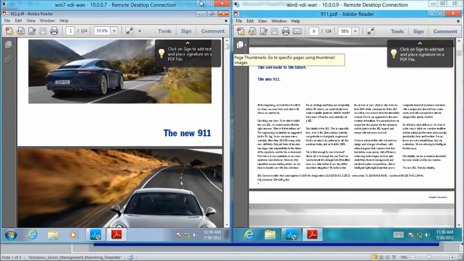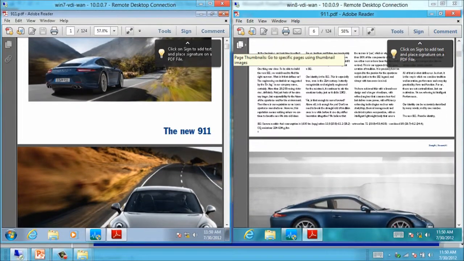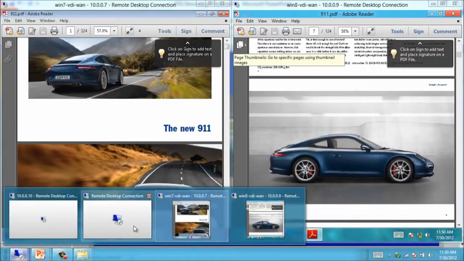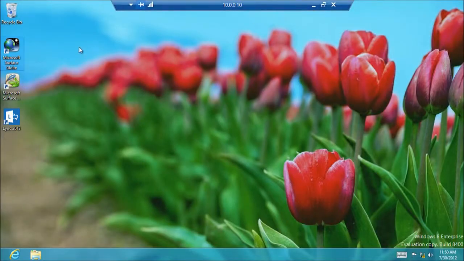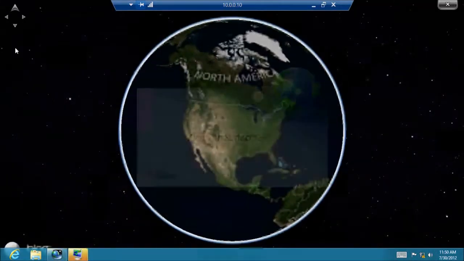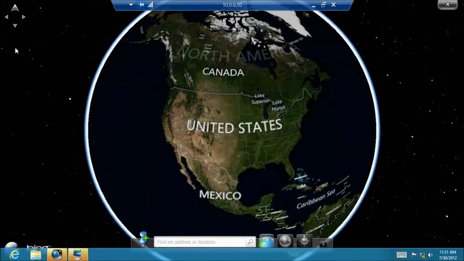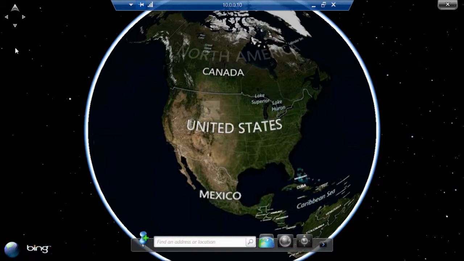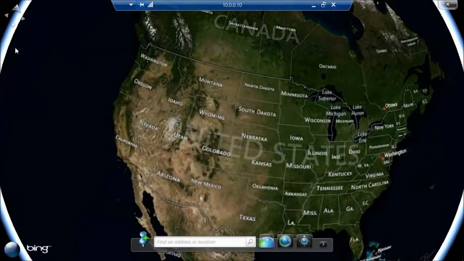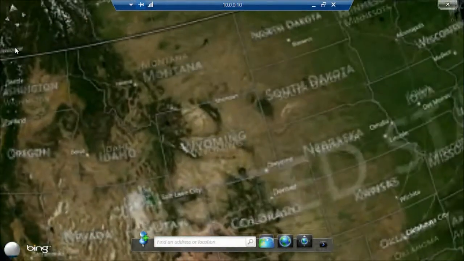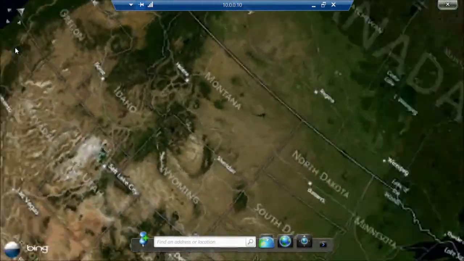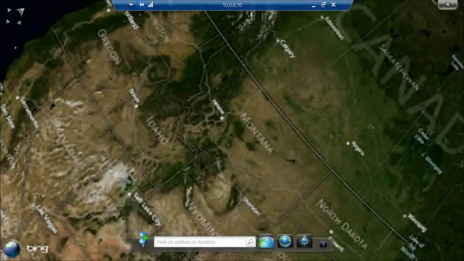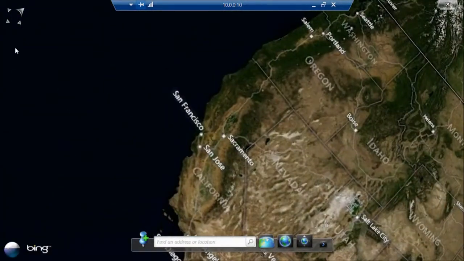So for the last part of this demonstration, I will bring up this VM, which is a separate VM on the same Hyper-V server, and I will bring up the Microsoft Globe app. The client that I'm using is a touch-enabled laptop, and I wanted to show that we do touch-based remoting in a very seamless way, where on this Globe app, when I put two fingers down and expand, it expands the globe. When I put two fingers down and rotate, it rotates the globe. When I put one finger down and pan, it pans.